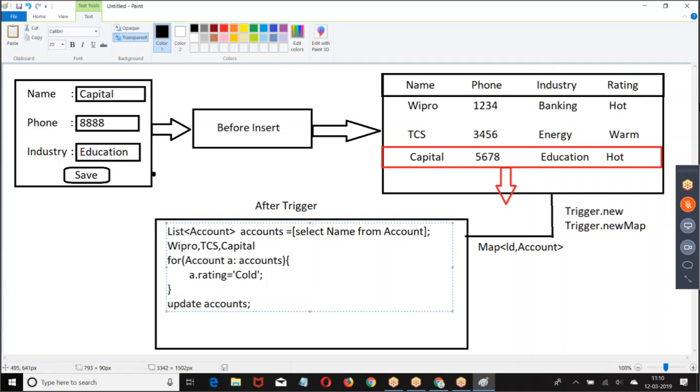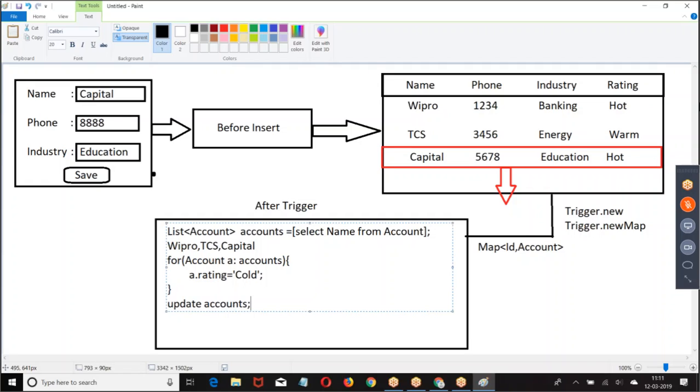Why? Any data that is saved to database, if you want to make any changes, you have to make a DML operation. You have to write a SOQL query, modify the data, and perform update operation.